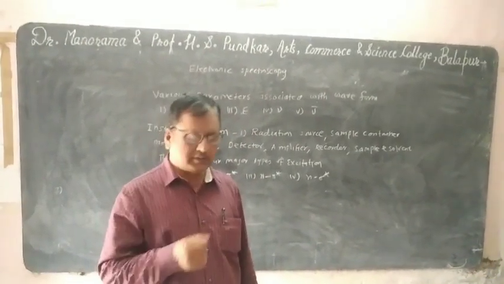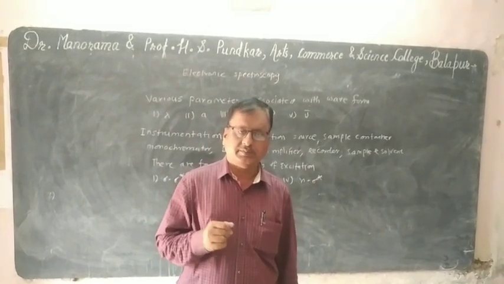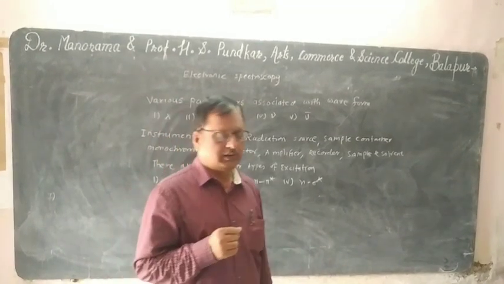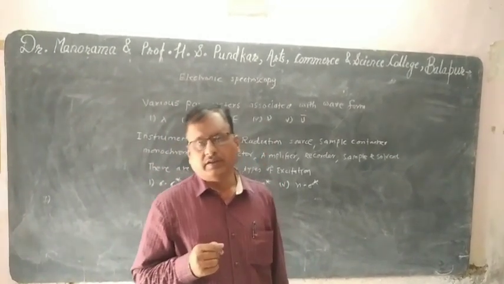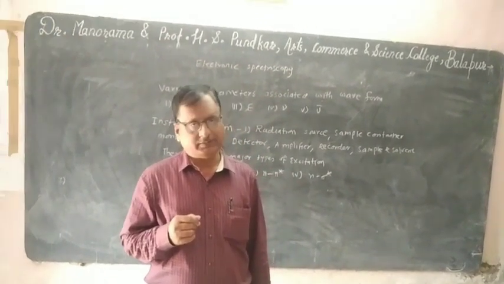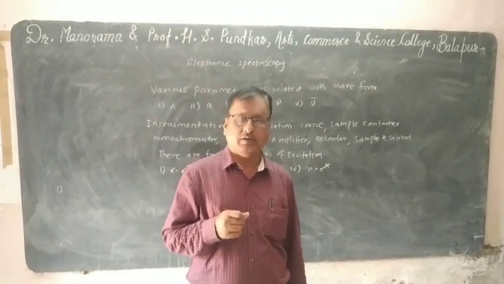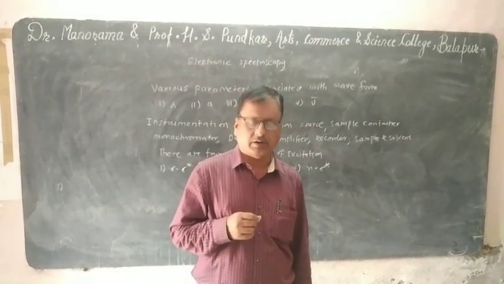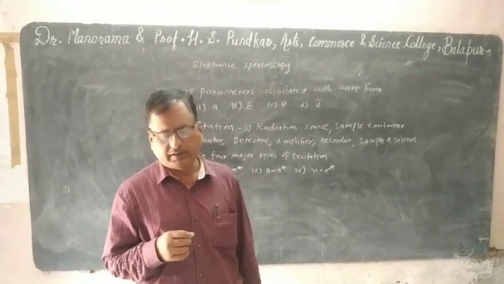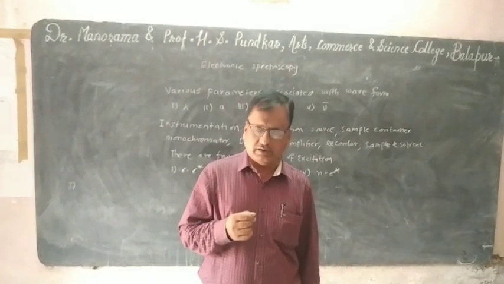The terms used in electronic spectroscopy are chromophore, auxochrome, bathochromic shift, that is red shift, hyperchromic, hypsochromic shift, that is blue shift, and hypochromic. Okay. And from this change in vibrational level, we get spectra, and from that spectra, we can determine which type of sample is present there. In electronic spectroscopy, we can determine only